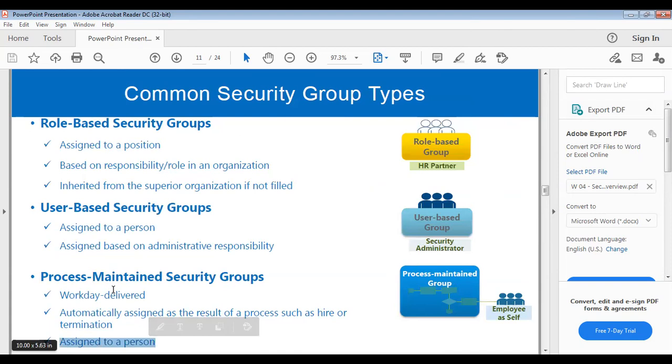Why are some security groups assigned the same way? For example, if I perform any task, I need to view my task, right? For example, I created a request. I need to view my request, and after that I need to know the status of the request. So if I want to view a request, I need to be assigned a particular security group.